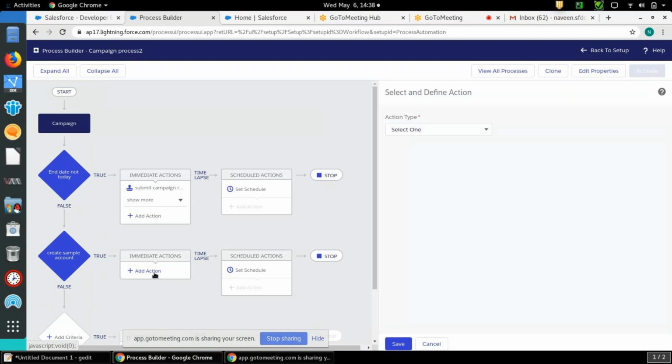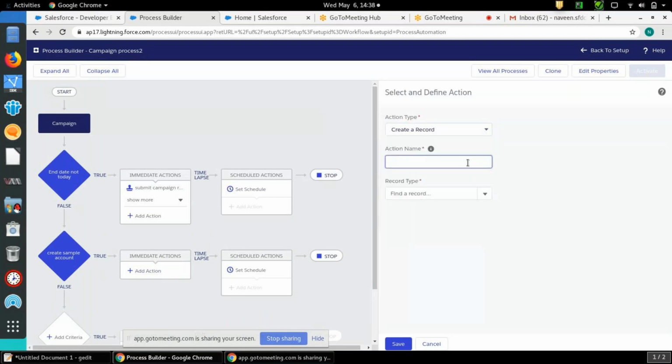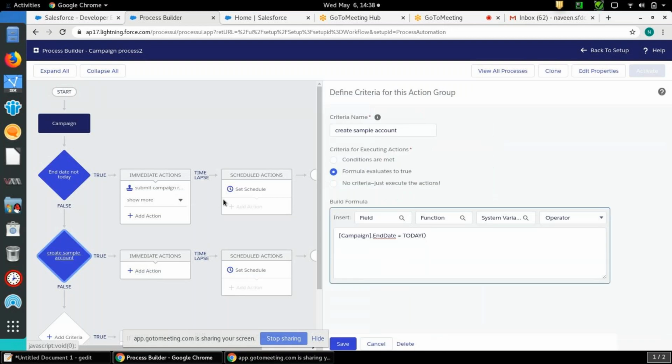Now I'll add an action. What do we have to do? We have to create a record. One moment, let me edit the name: end date is today. This is the criteria.